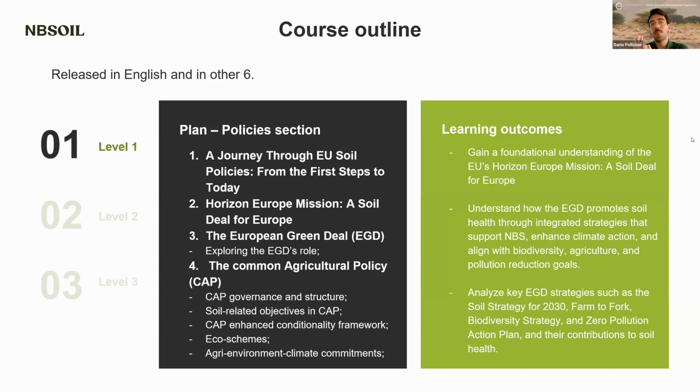And then we focused on the CAP main instruments, so the enhanced conditionality framework, that is to say, the set of mandatory environmental requirements that farmers have to comply with and follow to receive CAP payments. And the CAP enhanced conditionality framework includes the statutory management requirements that are existing regulations and directives at the European Union level that have an impact on soil health, such as the Nitrates Directive. And then the enhanced conditionality framework also includes the good agricultural and environmental conditions that are mostly known as GAECs.